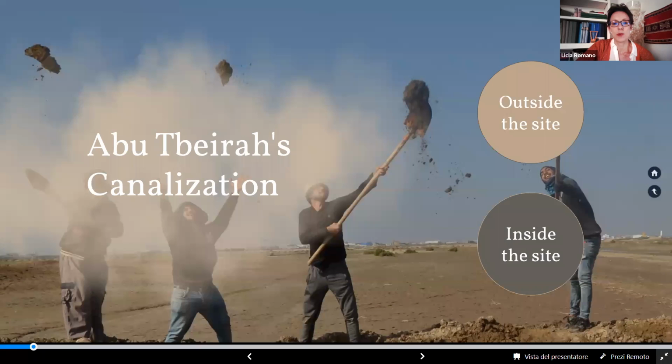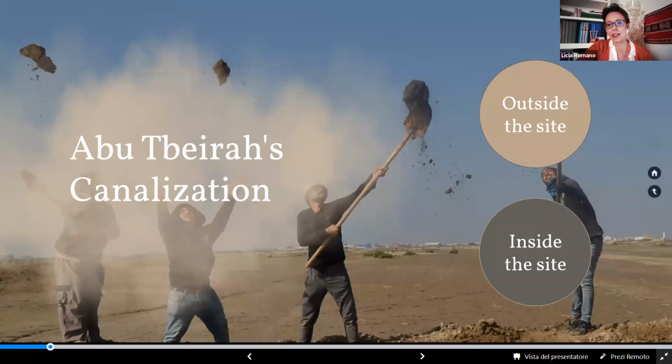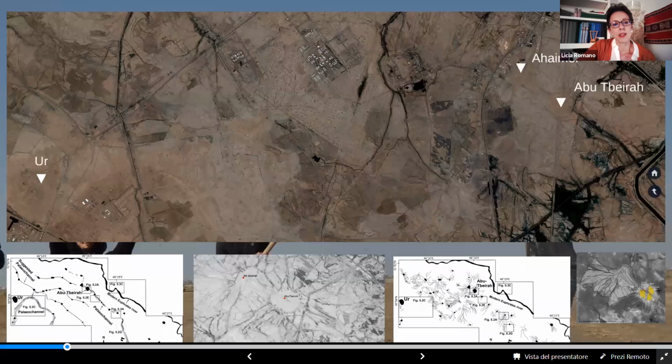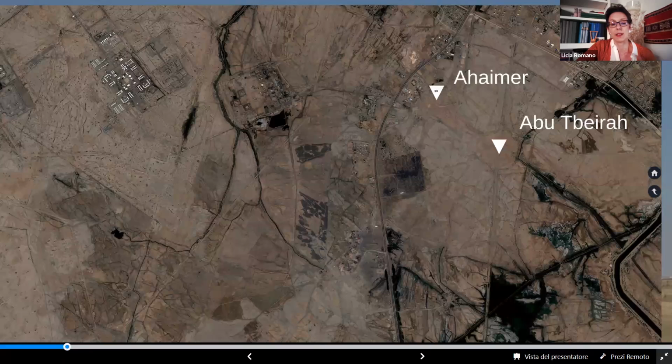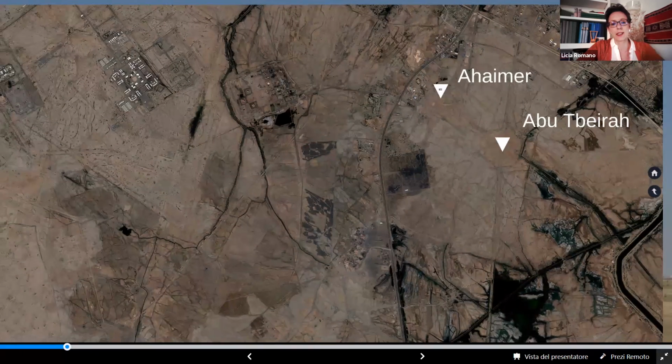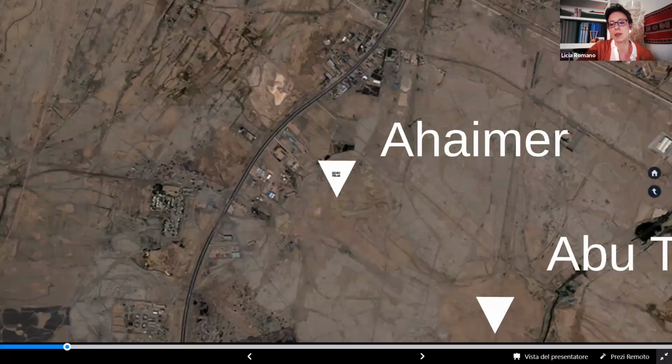So let's move to the remote sensing and what is visible of Abu Tbeirah's canalization outside and inside the site. As you can see here, the canalization from Ur to Abu Tbeirah is clearly visible. There are lots of palaeo-channels that have been mapped and also published by Jaafar Jotheri in our first book. And the channels crossing Abu Tbeirah are